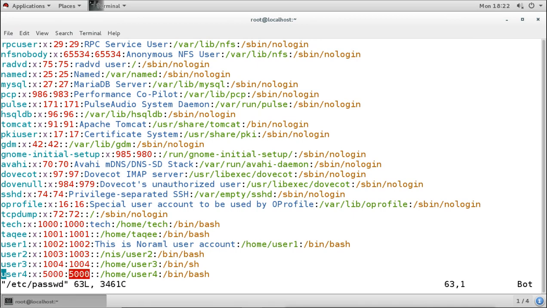So for example, I want to create user 5 now after user 4 with the GID, not a new GID, actually I will use 1000. So then what happens? The user will be created with the new UID 5001, but the GID will be shown as 1000, and that means user 5 will not get its own primary group, it will get this group as the primary. So a new group will not be created for user 5. The existing group will be the primary group for that user also. So changing the GID is not like changing the UID. It is like changing the group membership.